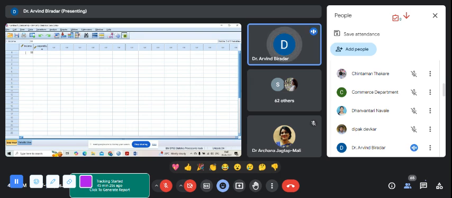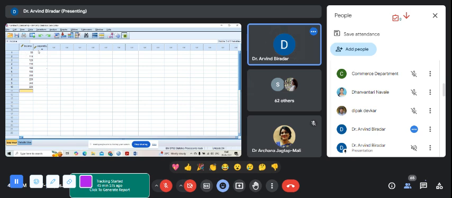Income, I'm taking small numbers. Okay. Expenditure